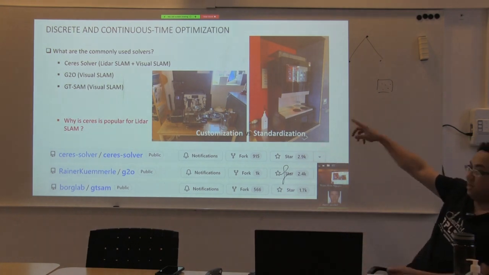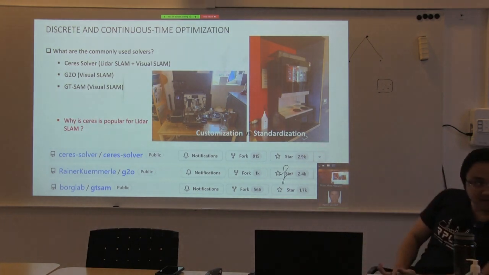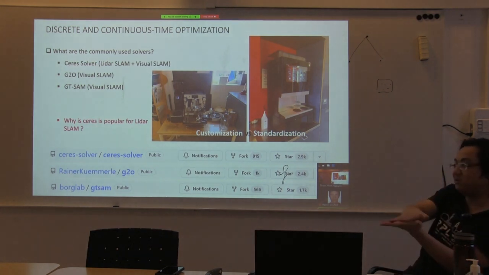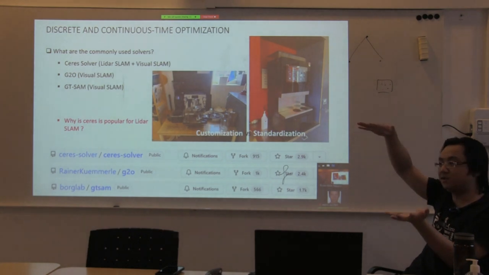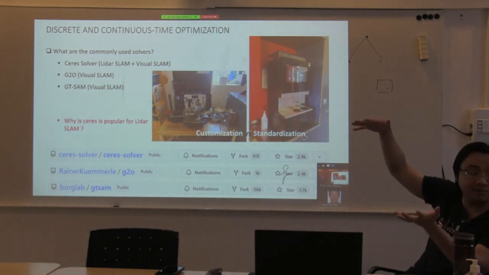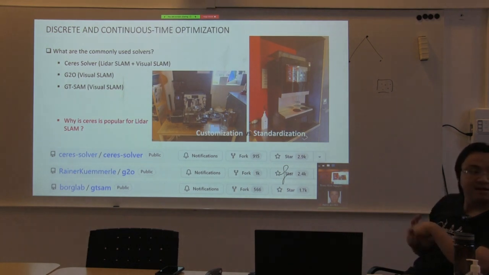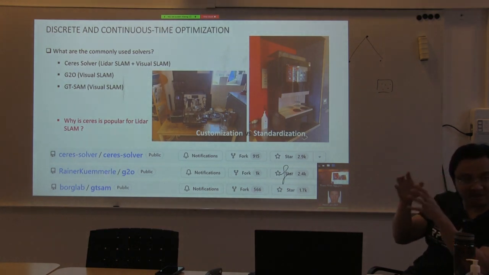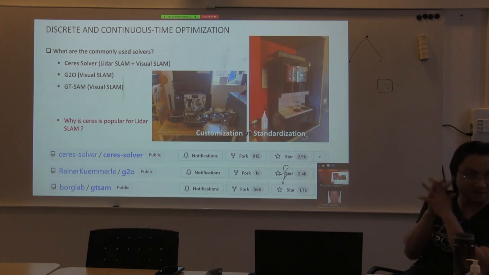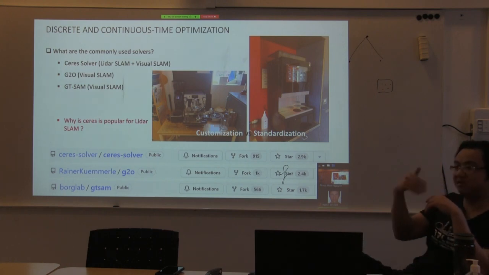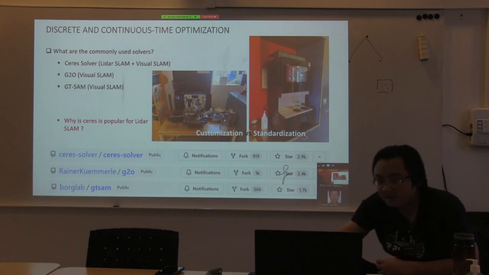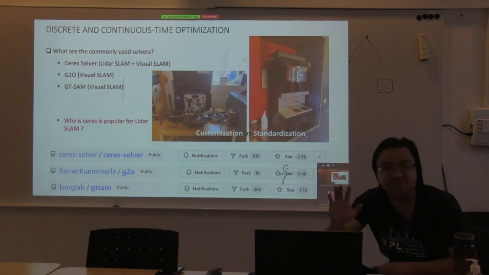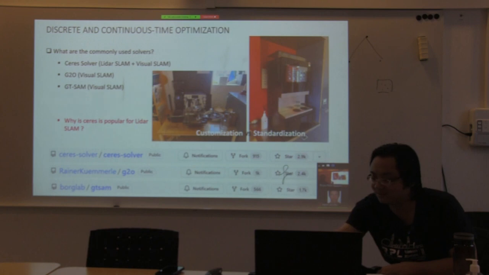So at the end, Ceres is more versatile because it's at a lower level. It's more on the cost function. But when you start to use GTSAM or g2o, you have to accept that it's from a factor graph framework. You just need to add the Jacobians, and once a factor is created, it's there, it's not changed. But for Ceres, you can change it every time. Maybe I'm biased to Ceres, but